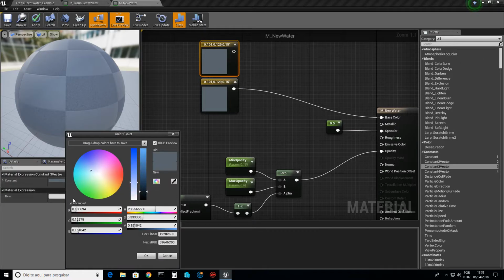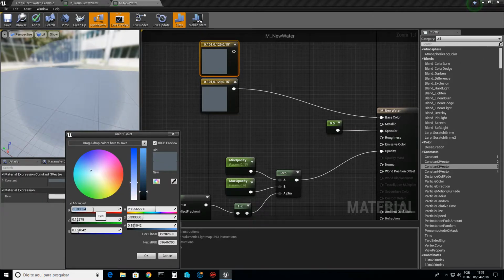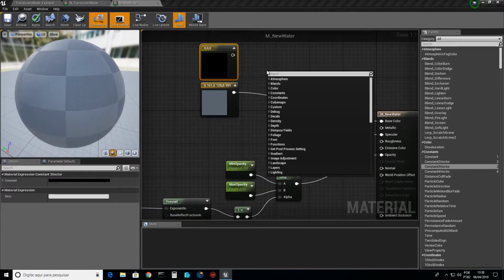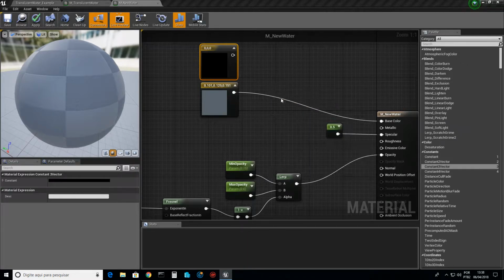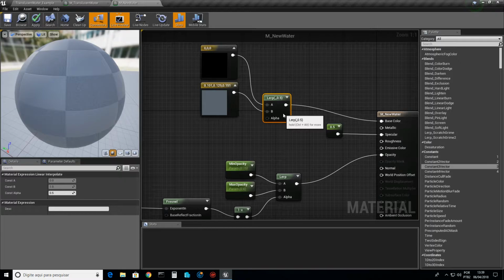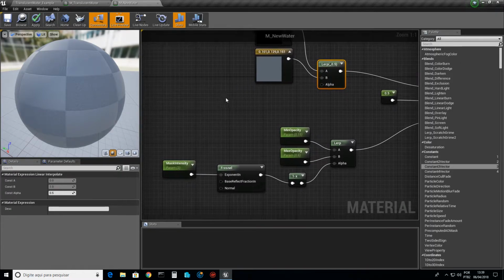This will be pure black. You got here on lerp. So for now,